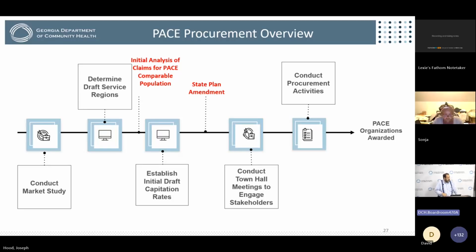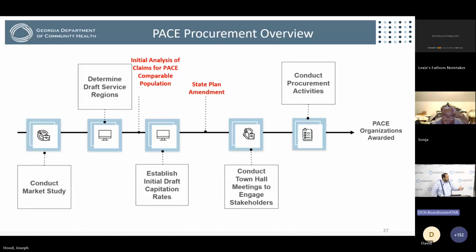Yesterday, I presented for initial adoption at the DCH board meeting that state plan amendment. So that typically we have an initial adoption from the board. We have a public hearing. You have a period of time to send in the public comments if you have any. And then in December, it will go in front of the board where we summarize any comments we receive, make any adjustments based on those comments, and then ask the board for final adoption.